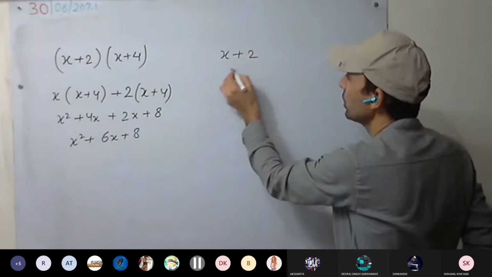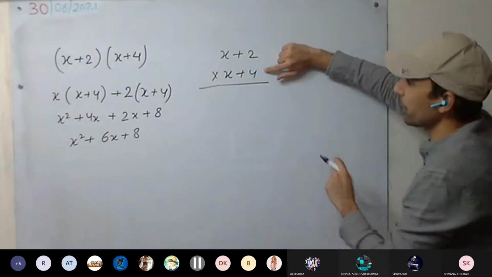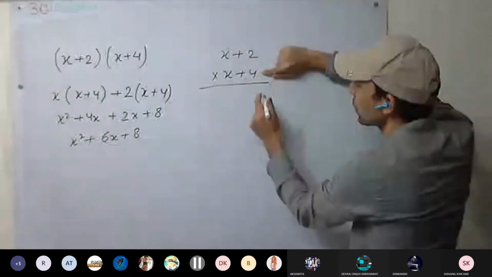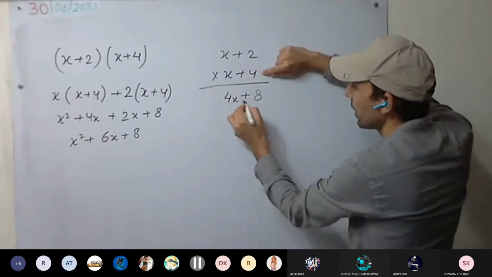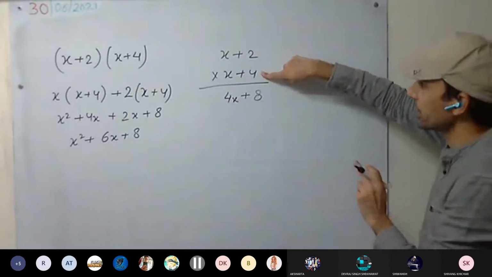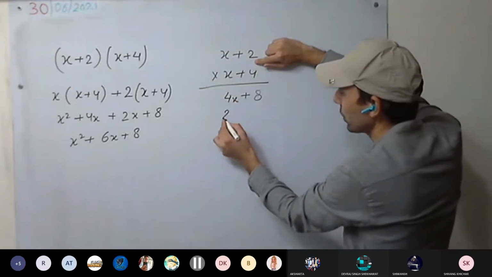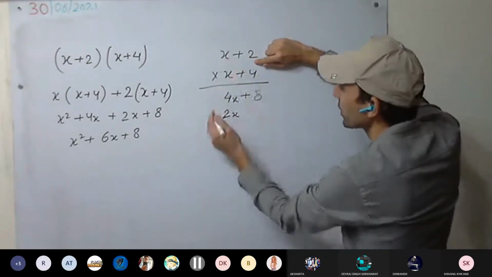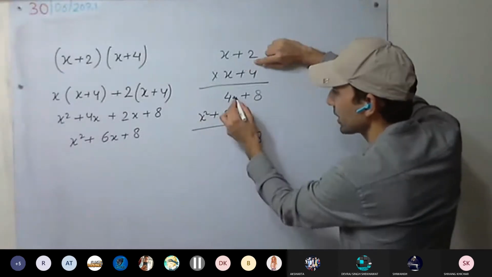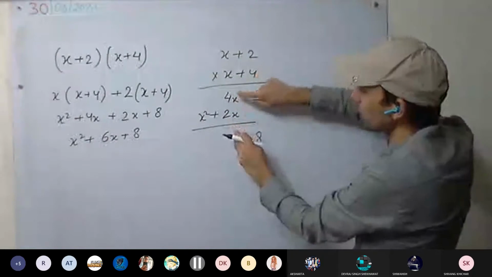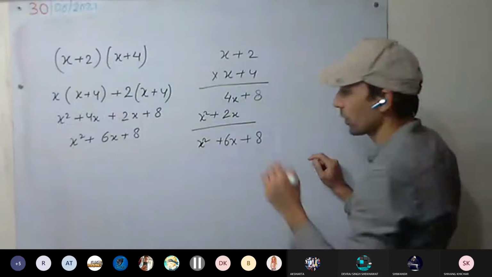Okay, x plus 2 into x plus 4. See here, first we are multiplying with 4, both terms. 4 into 2, 8. 4 into x, 4x. Understood? Next, x into 2, it is 2x, so below the x term you write 2x. x into x, it is different, x square. Now add them. These are like terms. We have written like terms below each other: 8 plus 6x plus x square.